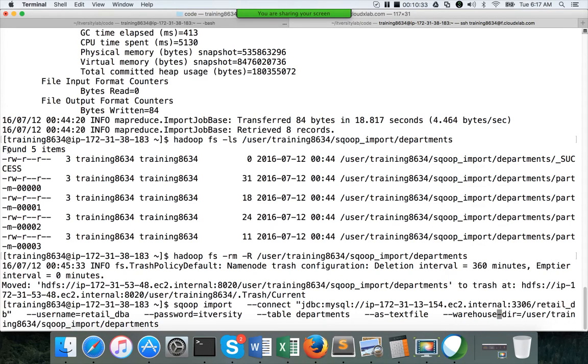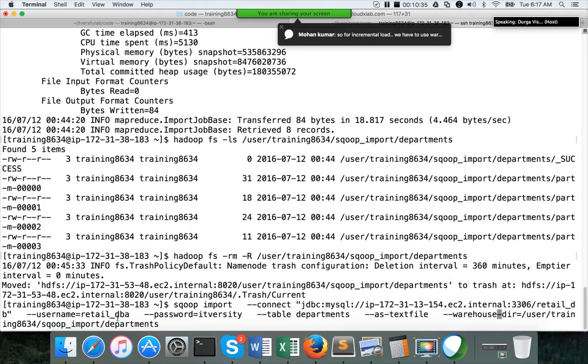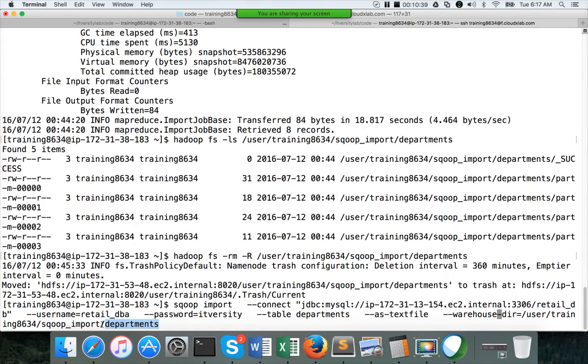Okay, ideally we should not give the directory up to this level. Typically we will have a base directory into which we want to copy all the tables. The base directory could be the database name of the source database. In this case, the source database is retail_db, so we will have a base directory for the database in HDFS, and then we will give only till that point.